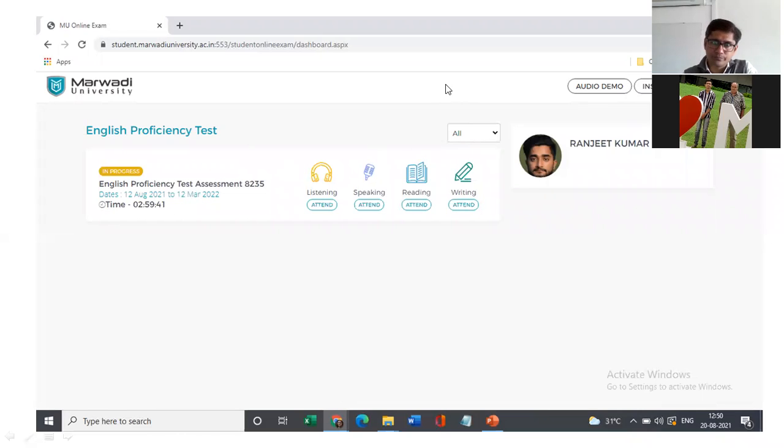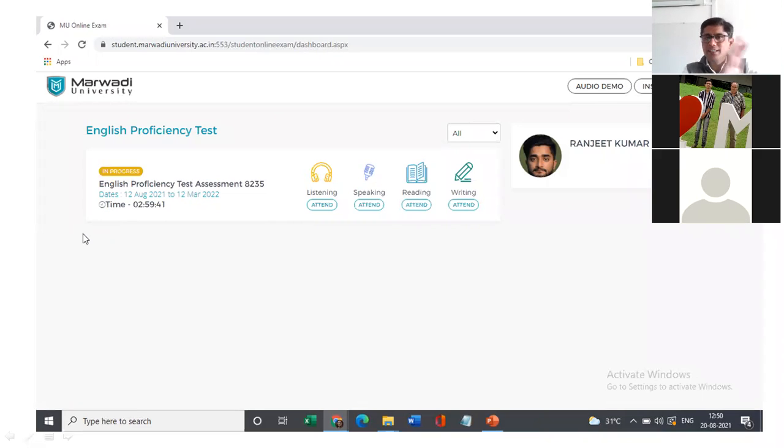I'll repeat very quickly. There'll be 4 tests: reading, writing, listening, and speaking. You have to appear for all 4 separately. For each test, you'll get 30 minutes, so the exam time is basically 2 hours. So why are we giving 3 hours? So that, let's say you take a listening test for 30 minutes and then